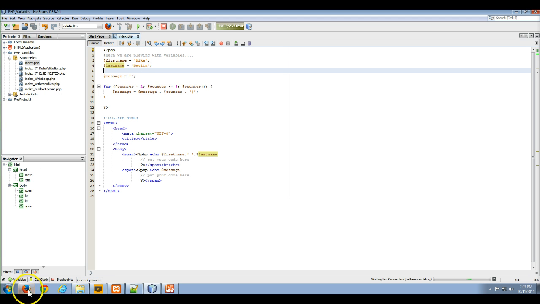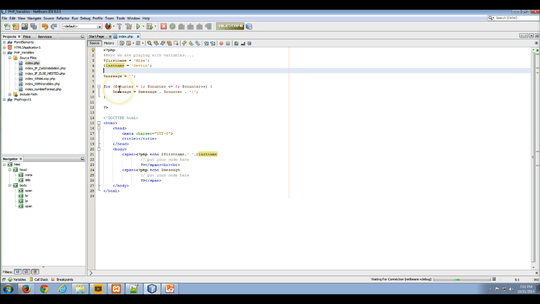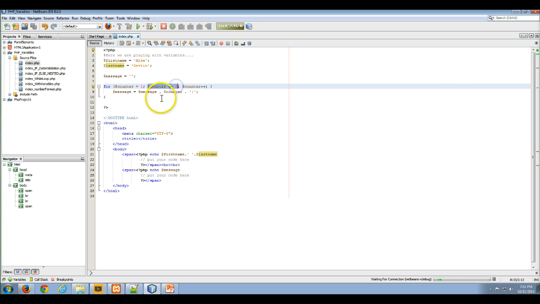So we'll save that, go back to our browser, we'll refresh that, our error message goes away, and we can see that our loop iterated 5 times and then ended. So that is how you use a for loop. Again, the condition that you can test can be fairly complex. The counters can start at anything,